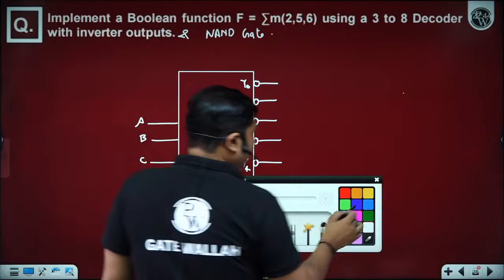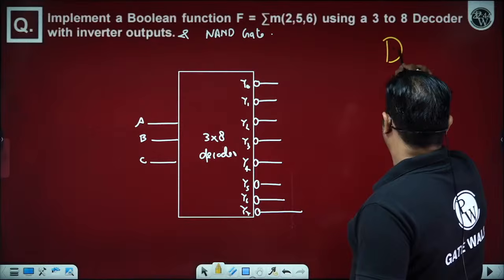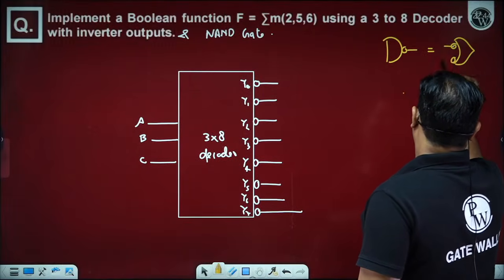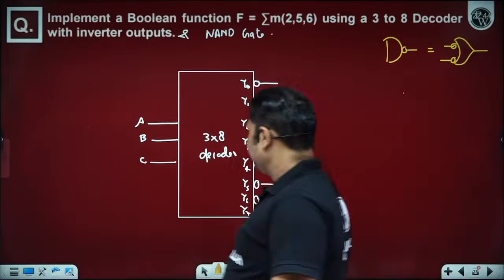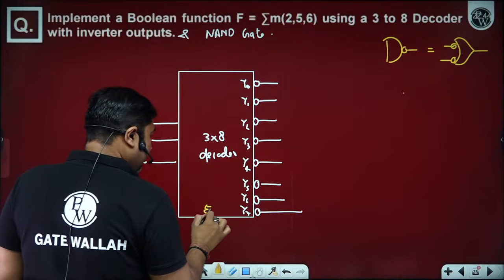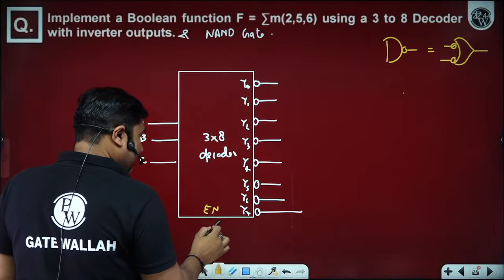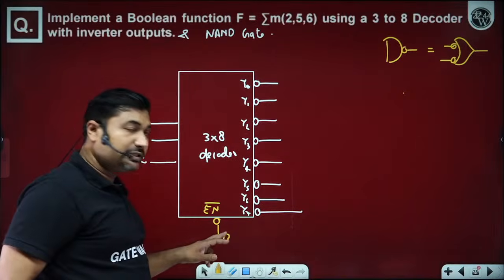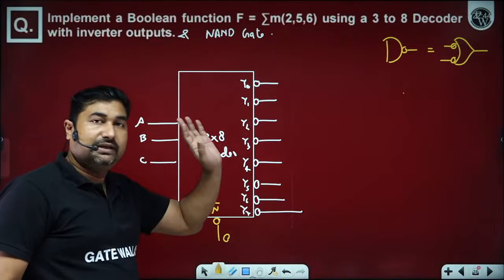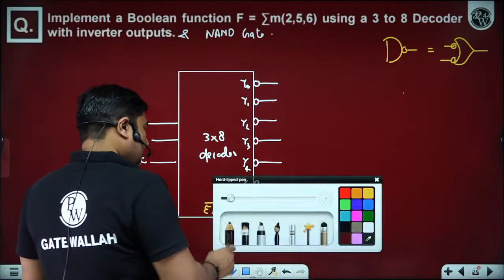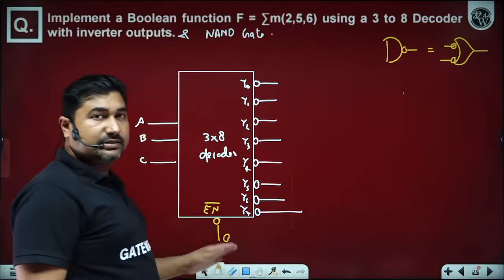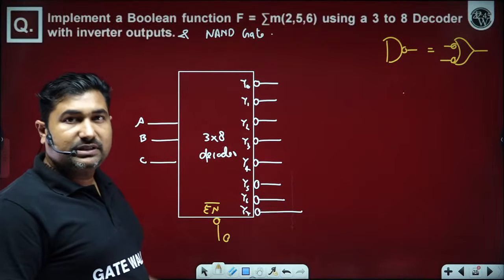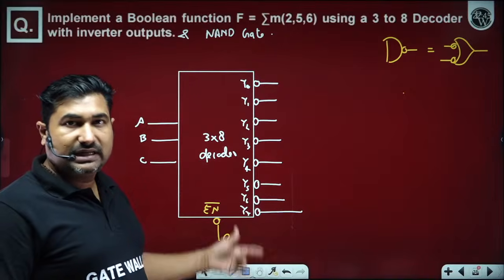We all know about AND gate, NAND gate. A NAND gate is the same as a bubbled OR gate. Is it okay? Yes, sir. So if we are going to connect enable, you can connect enable 0 as well. There is no issue. If we have an enable bar, we can put 0 onto the enable bar, so we will get 1. Is it okay? Now the chip gets activated on 0 onto the enable pin because the bubble is present here. This is what we call an active low decoder.